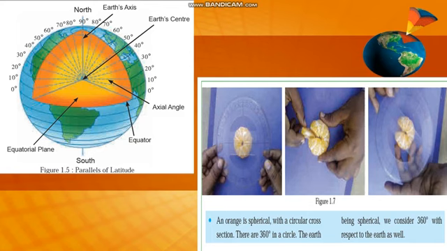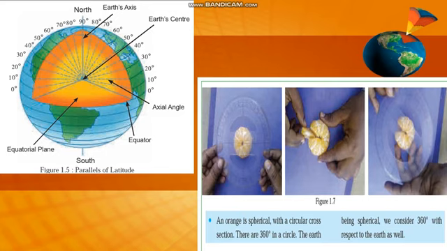Students, in the last lecture we learned that there are a total of 181 latitudes on the globe: 90 latitudes in the northern hemisphere and 90 latitudes in the southern hemisphere. Every latitude gets its identity from its angular distance made with the center of the earth and the hemisphere in which it appears.